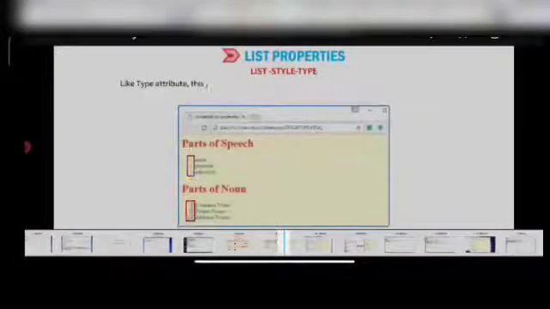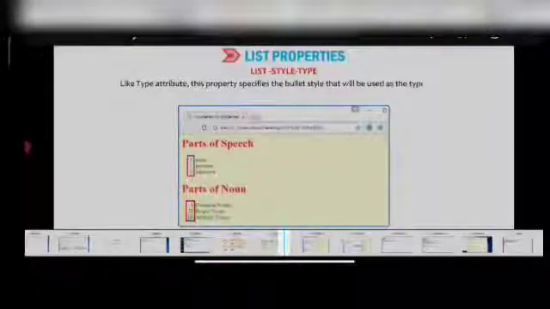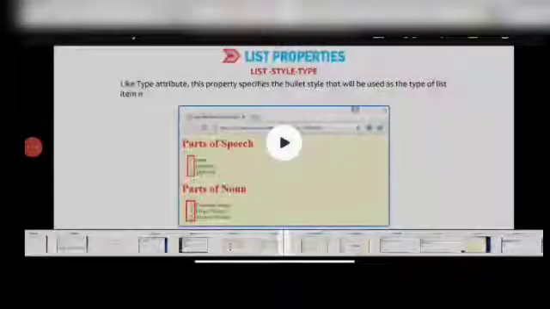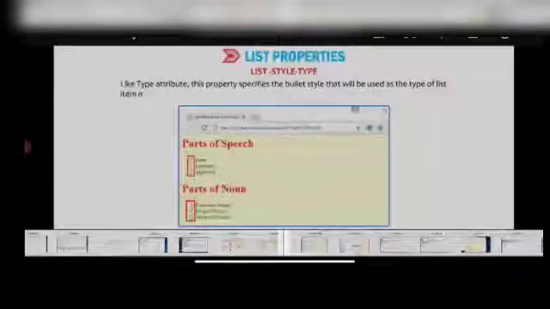List properties, next one: list-style-type, like the type attribute. This property specifies the bullet style that will be used as the type of a list item marker.